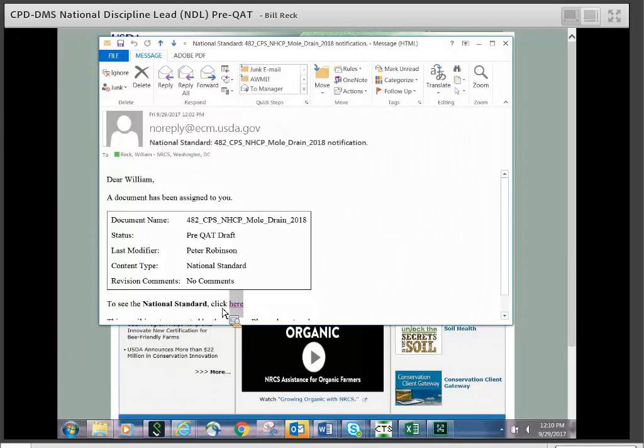Notice that there is an email to see the standard. Click here, and that provides a link directly to Mold Drain. Something I've noticed that I'll just pass on to you real quick: if you click here and it pops up and gives you an error and wants you to log in, what it's done is this link has gone to the website without you having eAuthentication access to it